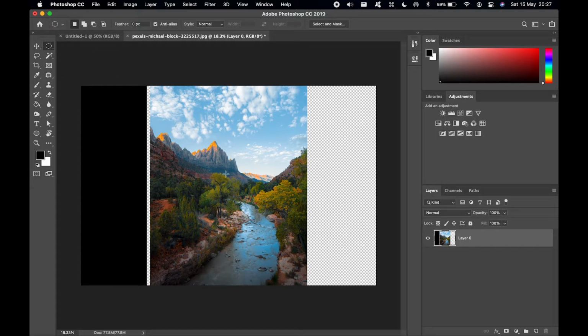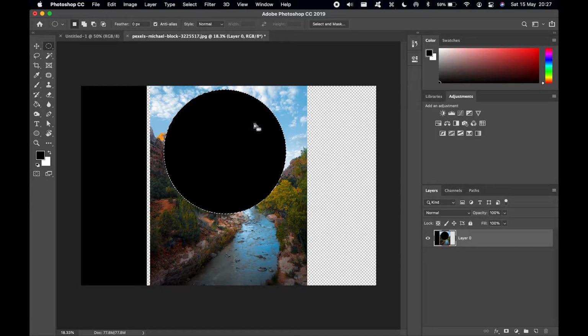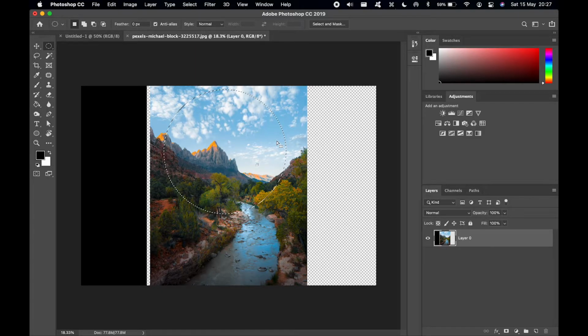Now this is the elliptical marquee tool, nothing but it makes oval and circular selections. You can make oval selections by just clicking and dragging in the direction you want it to go, or you can press Shift to make a circular one. You can just make a circular one. You can do many things with the selection, not only filling it with colors, but you can also do something like,